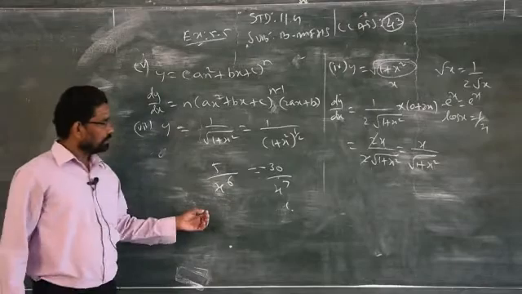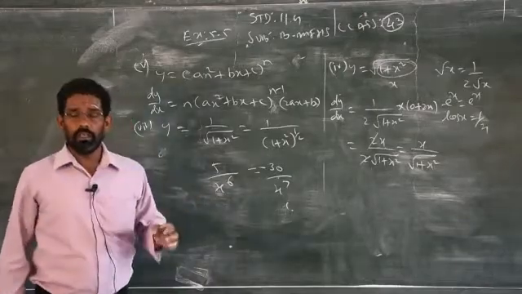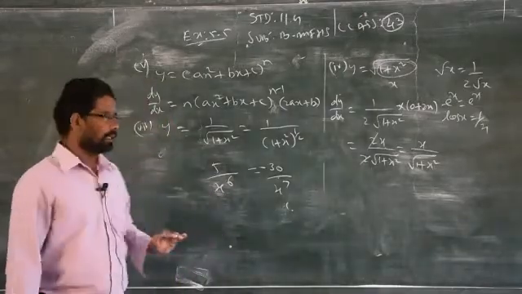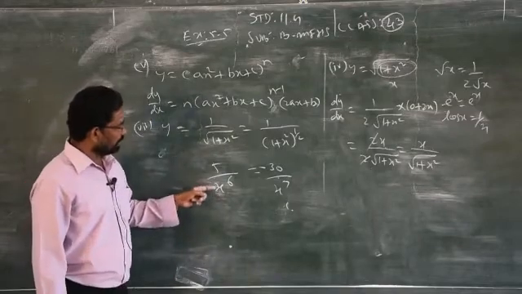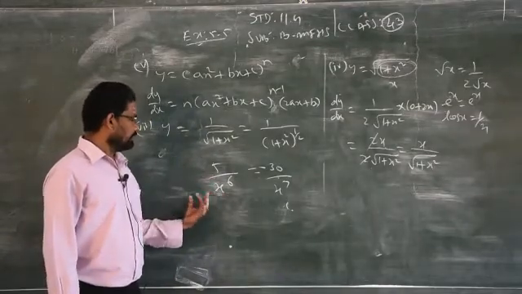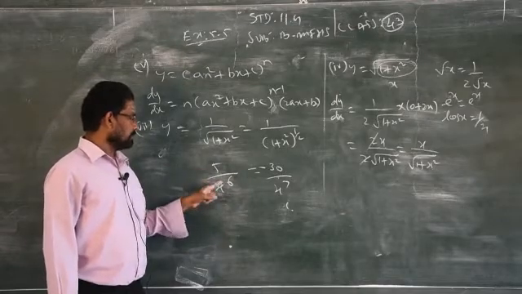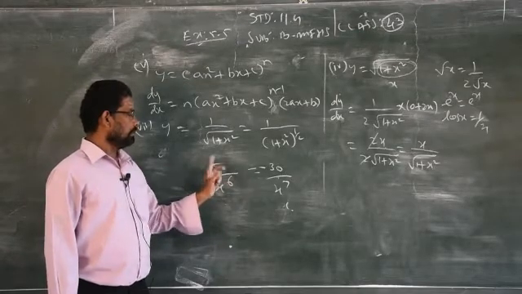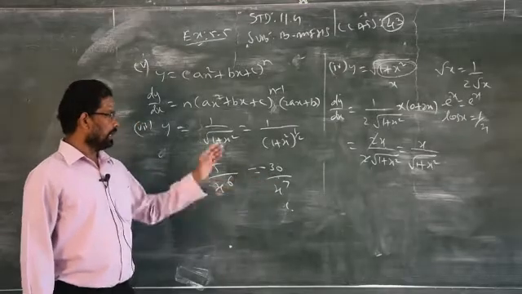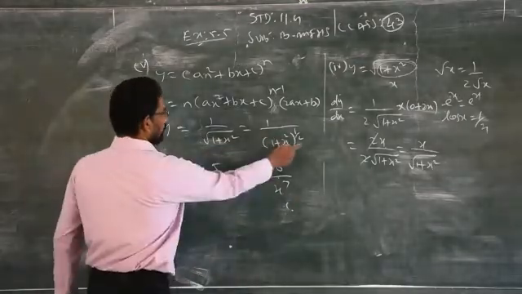You can use this method only when the variable is alone in the denominator. You can see only the variable x is alone in the denominator. There are no other terms. It is a single term. So in such a case, you just have to multiply these two, change the sign, add 1 to the power. I am going to apply the same concept. Multiply the powers.